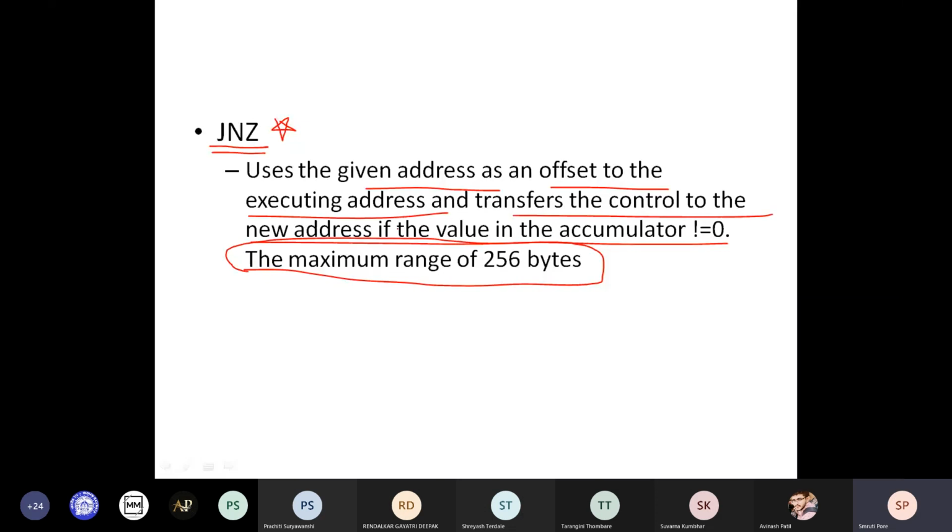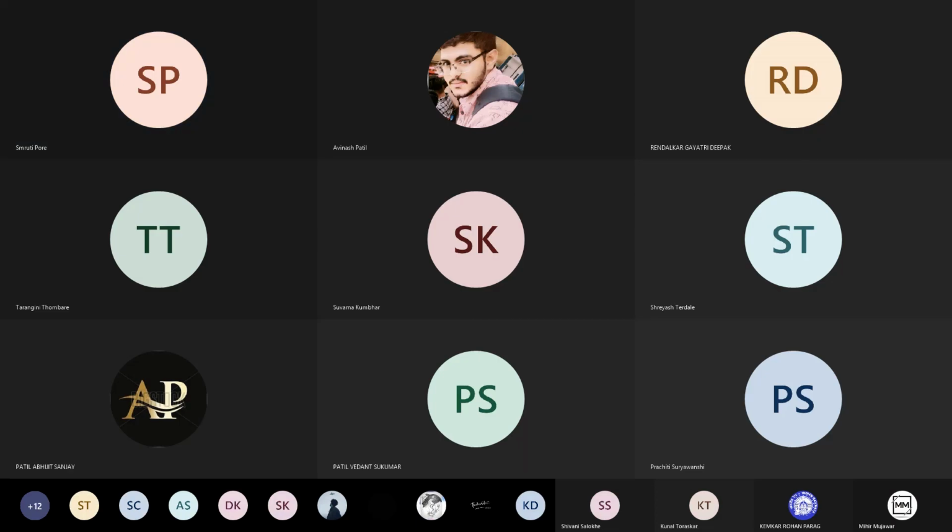Okay, so what this instruction does is check the contents of the accumulator. If the accumulator is not 0, it will jump to the given address. That is the same thing I have shown you in that small program code we have seen here.